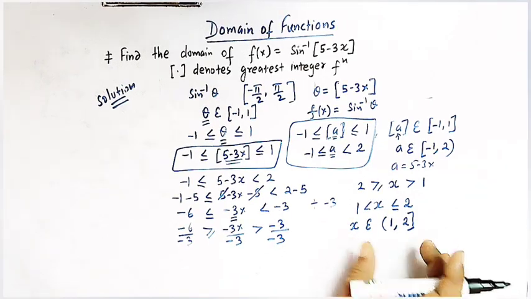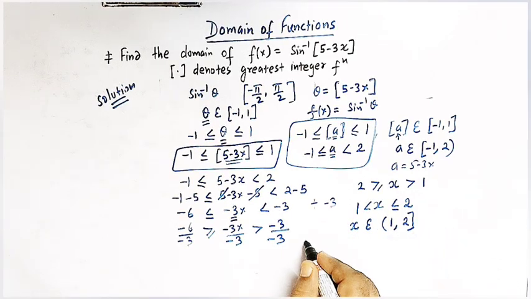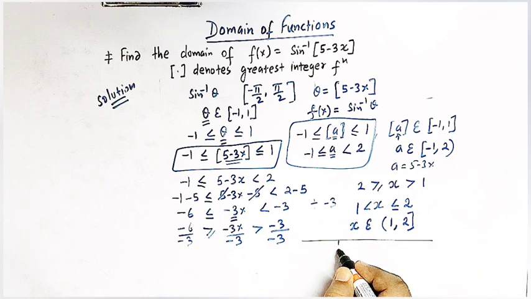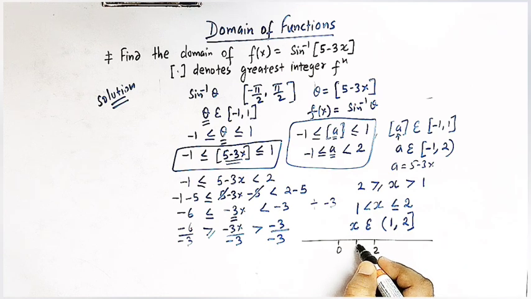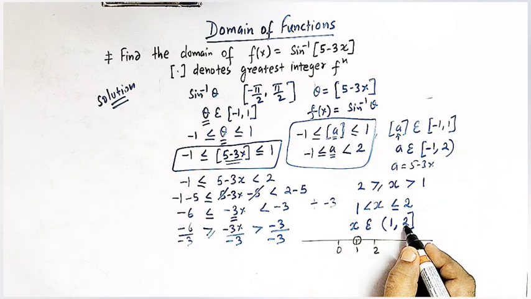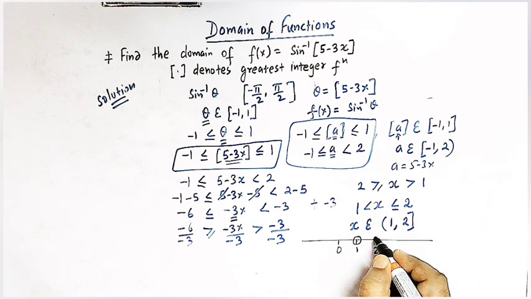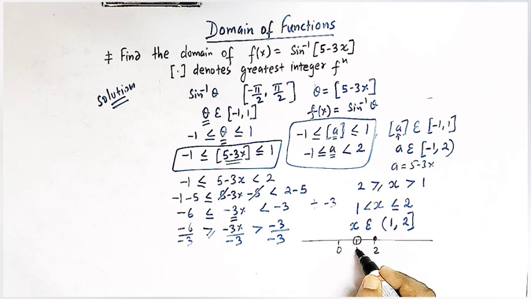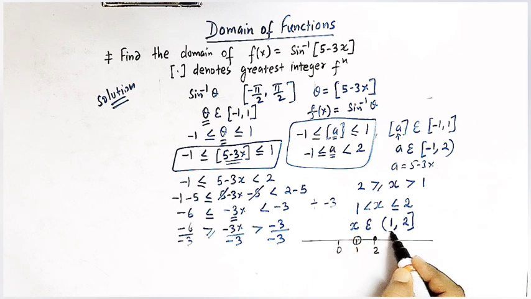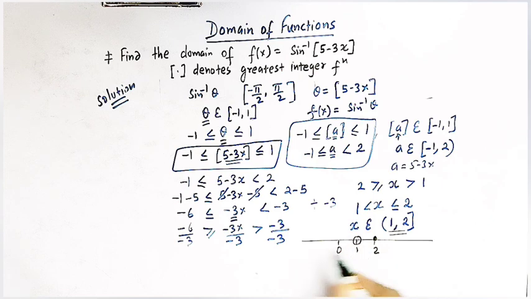So let us represent this interval on the real number line. So here we have 0, here we have 1, here we have 2. So here 1 is not included, so we can encircle it, and here 2 is included, right? So all the values of x which lie between these two endpoints except 1 and including 2, right? So the domain is given by this interval,